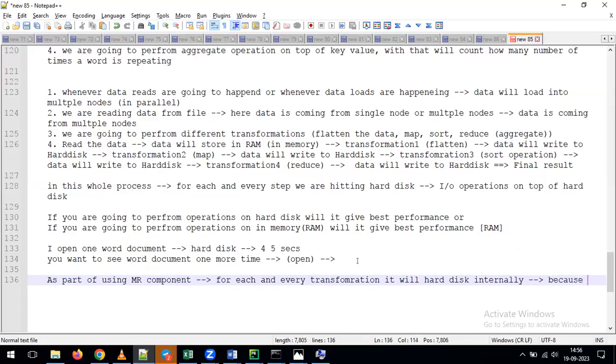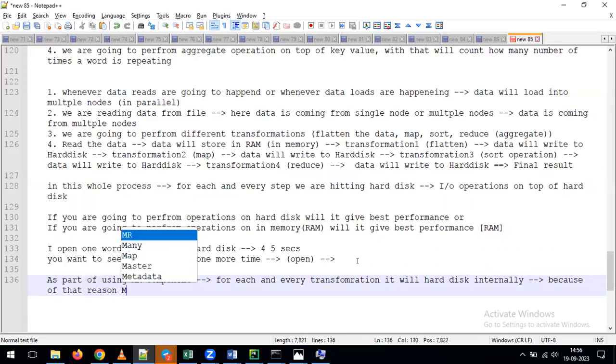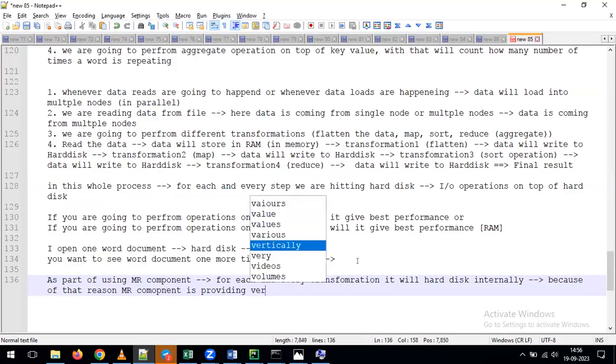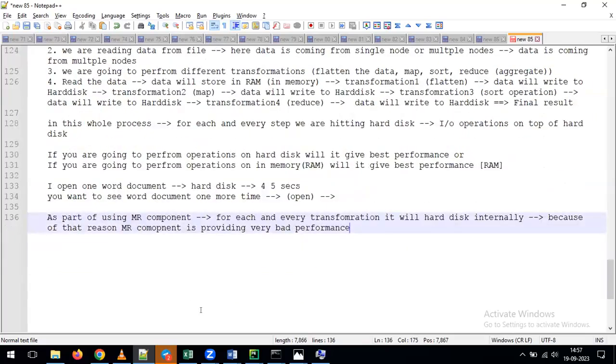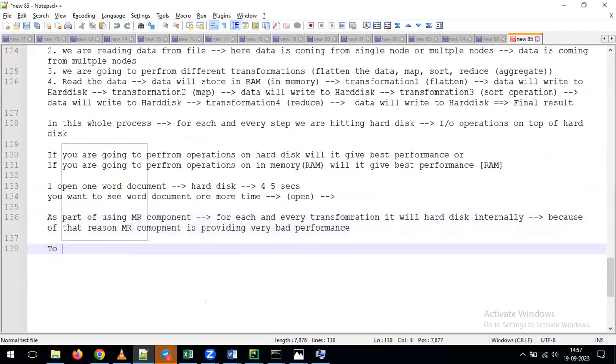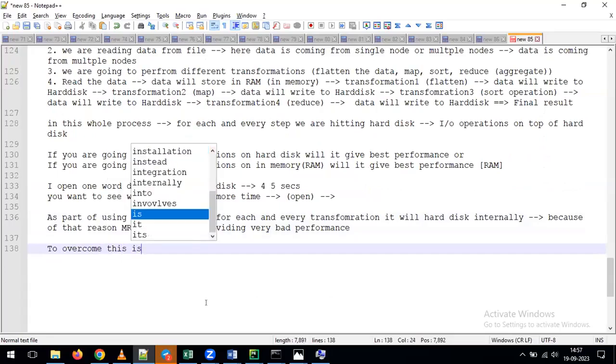Because of that reason, MR programming, or the MR component, is providing very bad performance. Now we can simply say that, to overcome this issue,